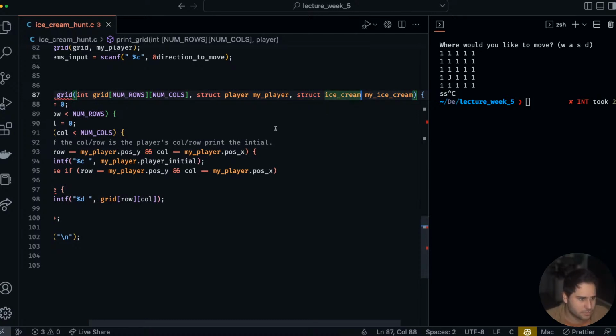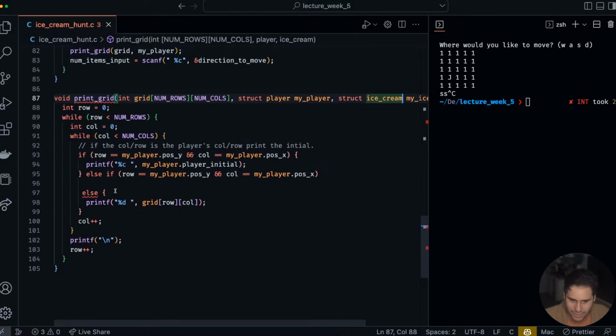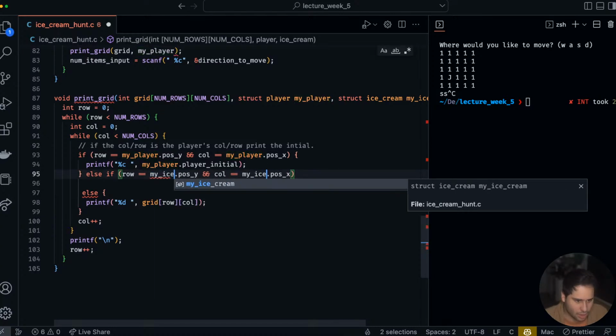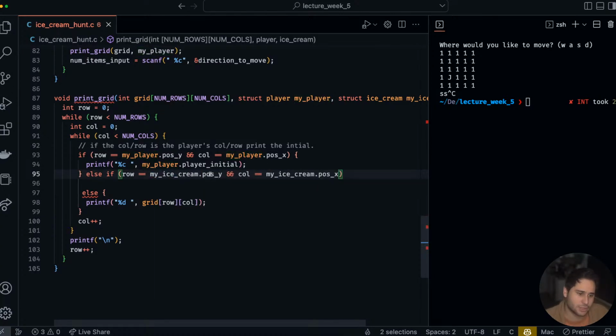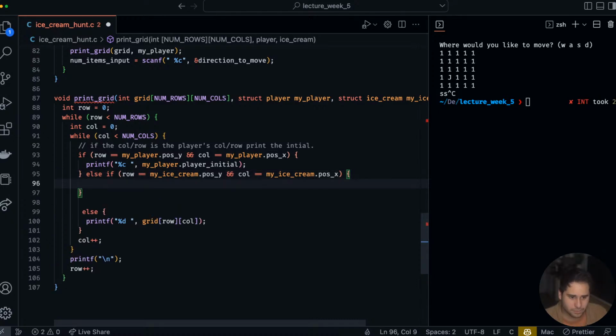Okay. All right, so now, just like we checked if it's the player, if the ice cream Y and X is matching, then let's print